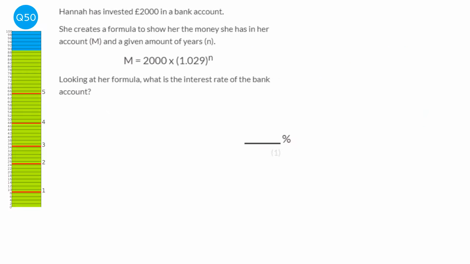So the way this formula works is we have m, which is the final amount. The 2000 here is our initial amount. The decimal in here is our multiplier, and the power here is the amount of years. So the way multipliers work is they are the percentage divided by 100. So if we go the other way and times it by 100 to make it back into a percentage, it will be